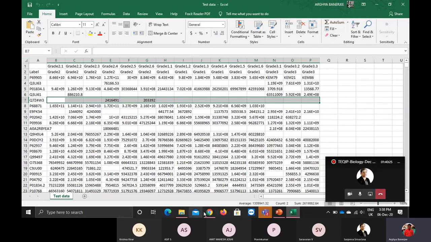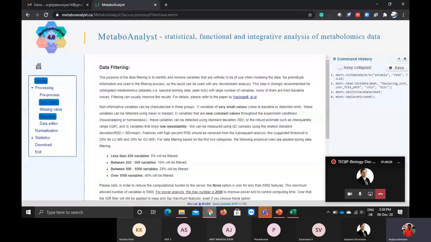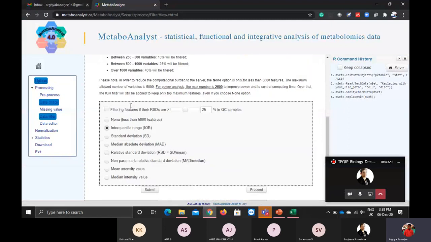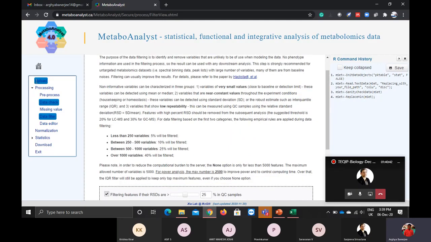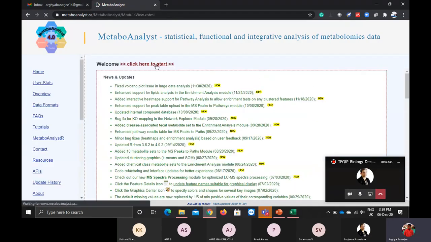So if I go to my data filtering criteria, filtering the data, sorry, I have to go a step back. So I am doing this again. Click here to start.